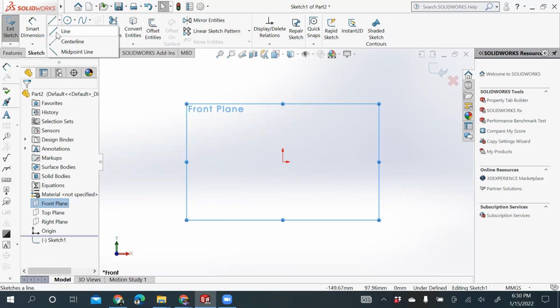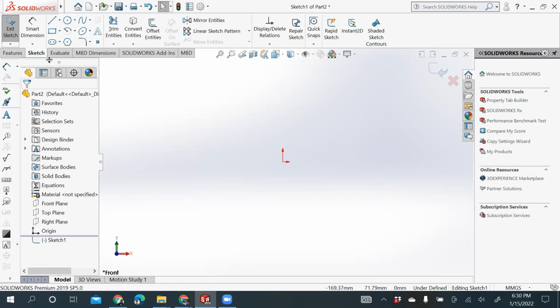A line tool can take you to the center line tool and midpoint line tool. Similarly, a circle tool can take you to the perimeter circle tool. A spline can take you to the style spline and equation driven spline. Similarly, there are the polygon and straight slot tools, as well as rectangle, arc, and ellipse variants.